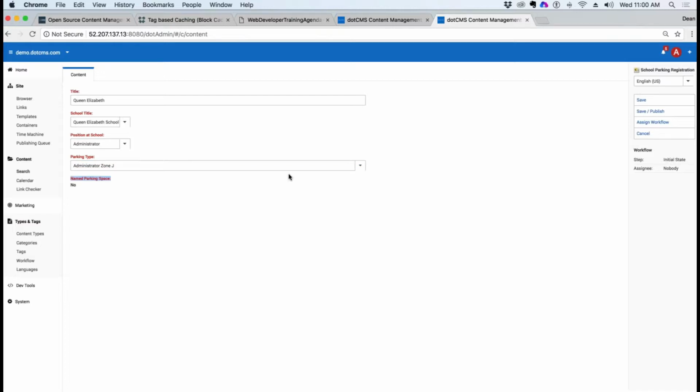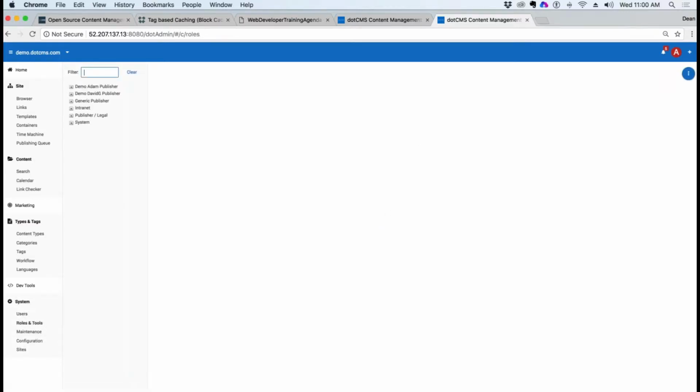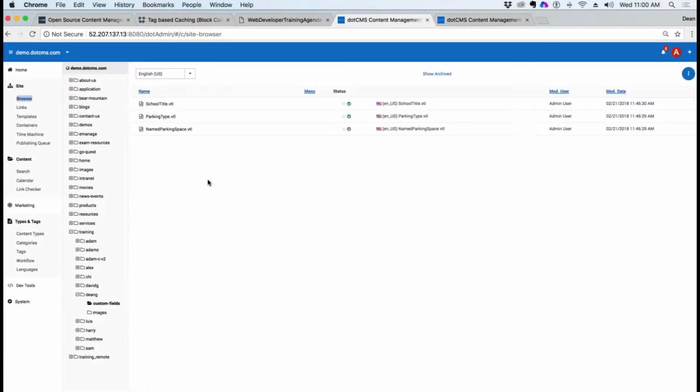So we need to adjust the role of the user that I'm currently logged in as and say, okay, Queen Elizabeth, whenever she logs in, she's going to get an administration role that automatically gives her a named parking space in the request. So I'm going to save and publish this for now. And then I'm going to alter the user that we are all logged in as so that it'll say yes for everyone, because we're all logged in as the same user. So I'm going to go to roles and tools. If we look in my code,